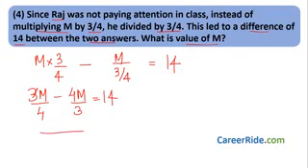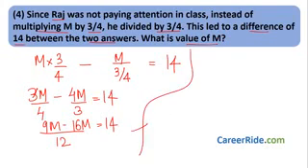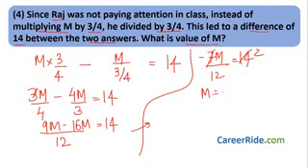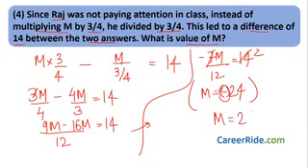So, let's take the LCM. 3 4s are 12, right? So, 3 3s are 9m minus 4 4s are 16m would be equal to 14, right? What we'll get over here, we'll solve over here, okay? Now, 9m minus 16m, that would be equal to minus 7m upon 12 equal to 14, 7, 2s are m equal to minus 24. Now, do not consider the minus sign over here. The value of m will be 24.